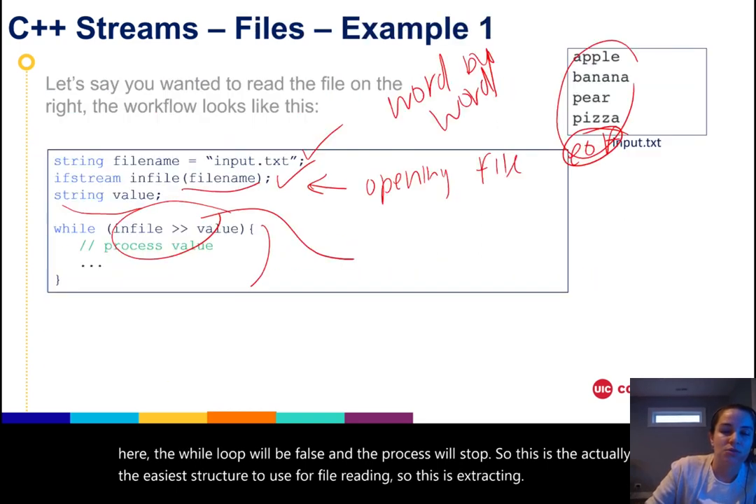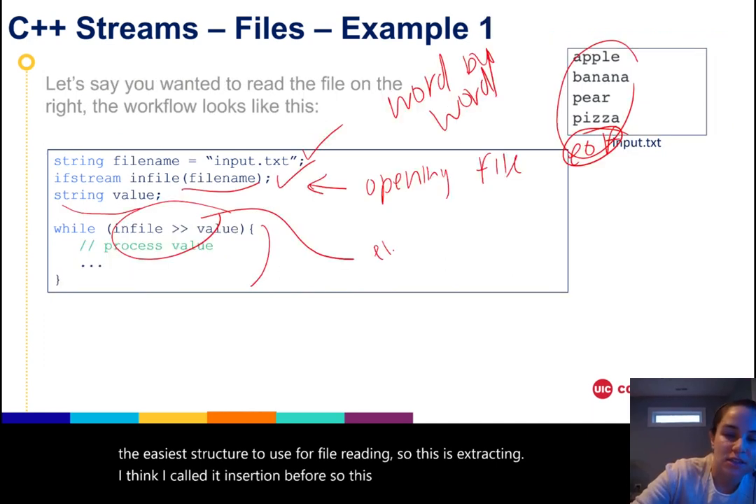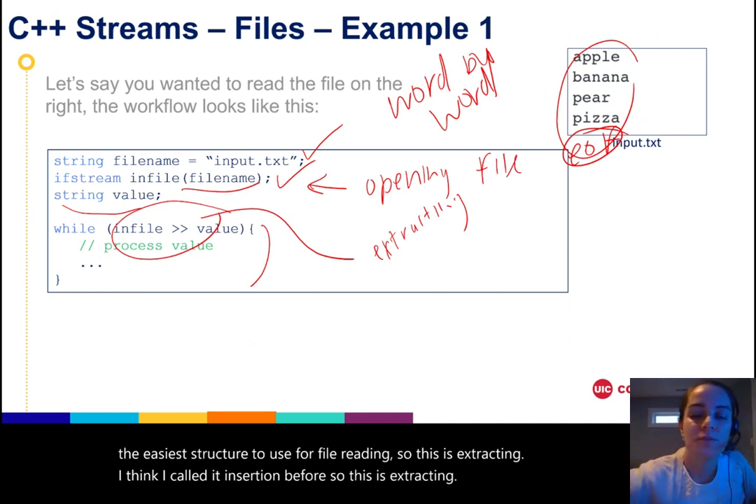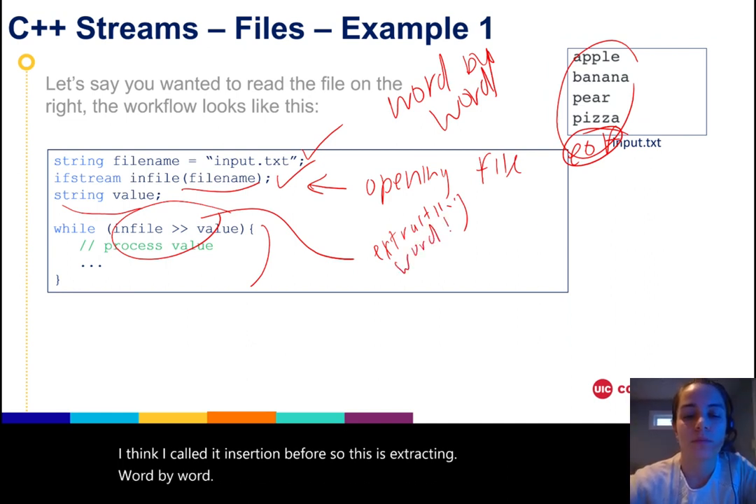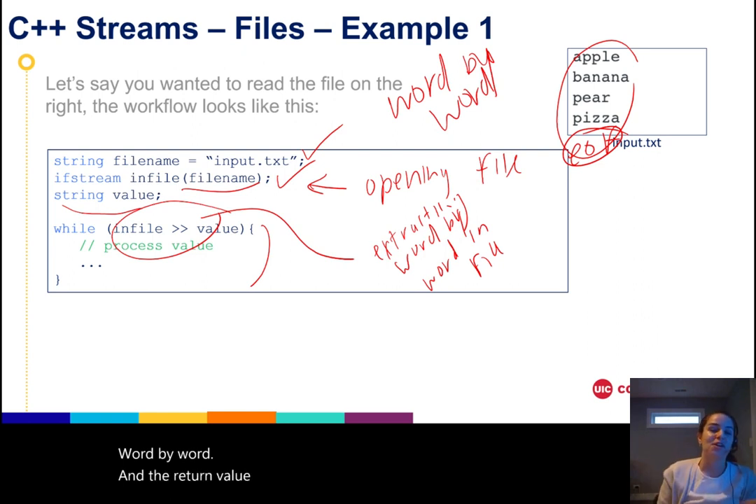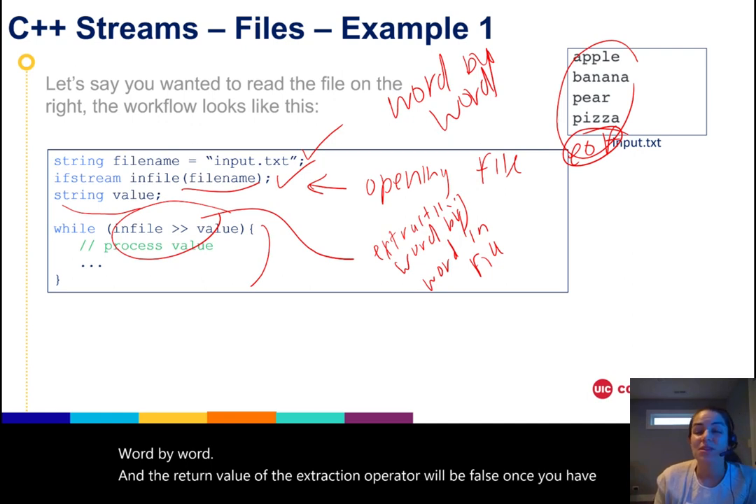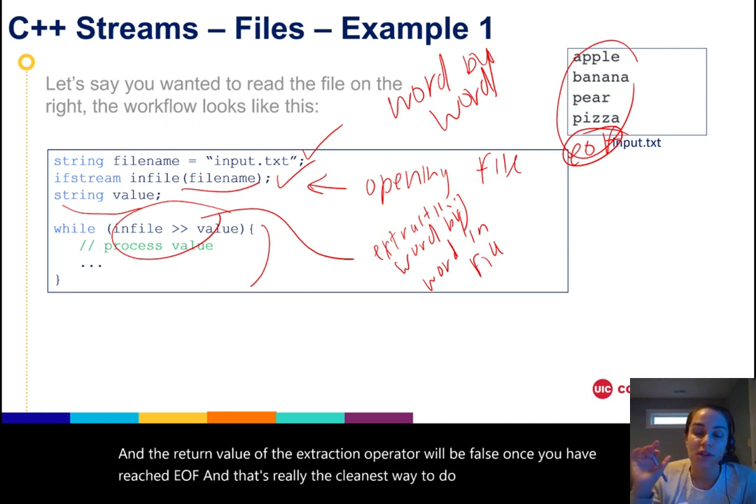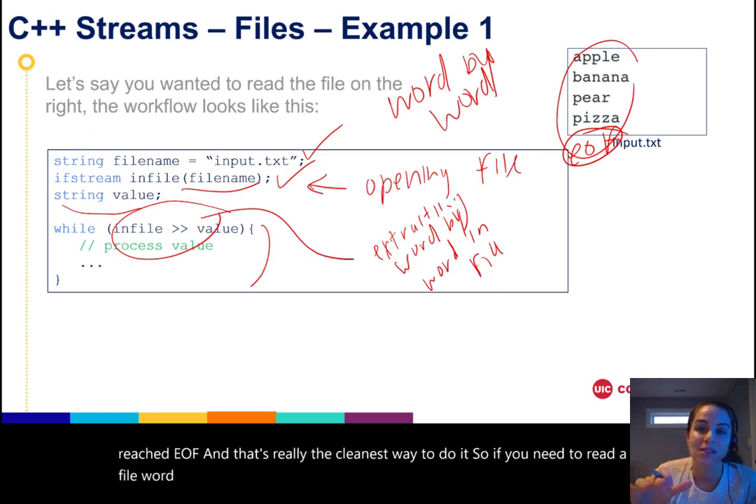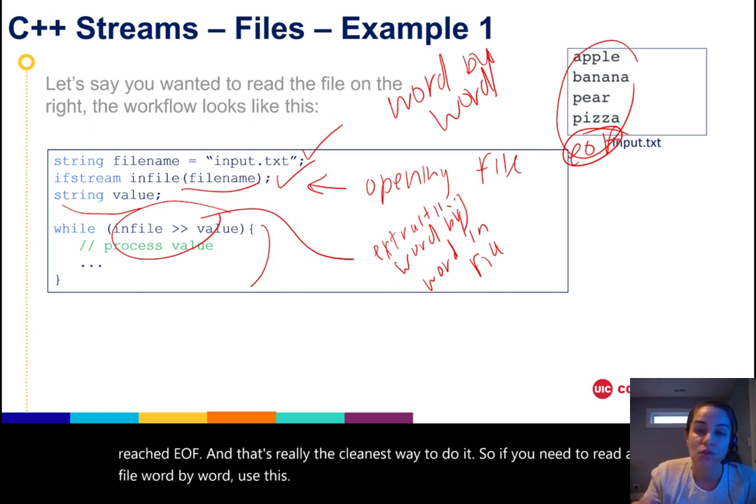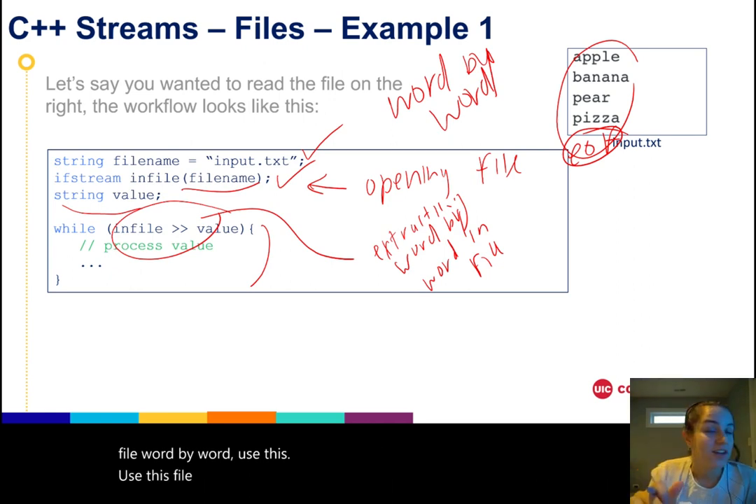I think I called it insertion before. So this is extracting word by word. And the return value of the extraction operator will be false once you have reached end of file. And that's really the cleanest way to do it. So if you need to read a file word by word, use this file reading format. We are going to do this sometimes, but in a lot of places in Project 1 you won't